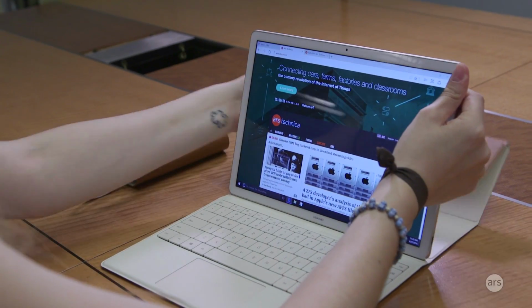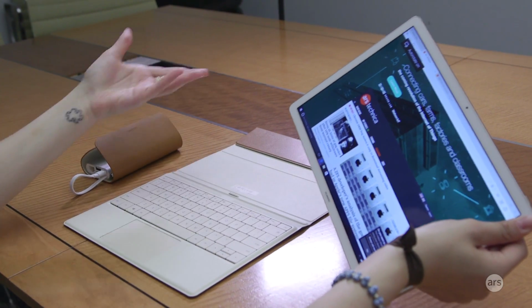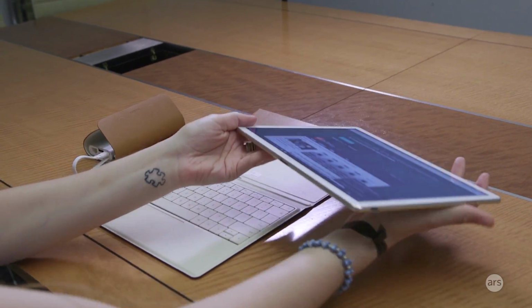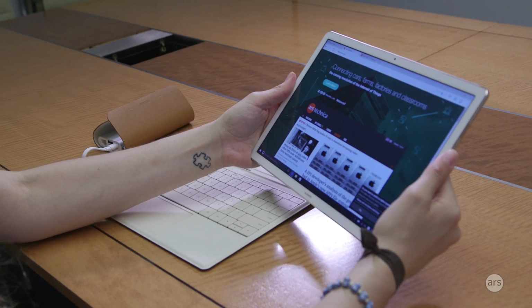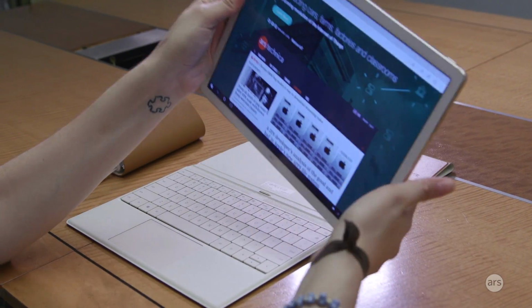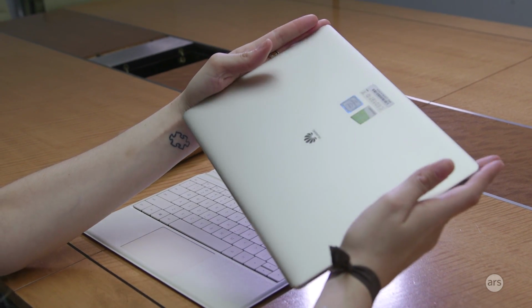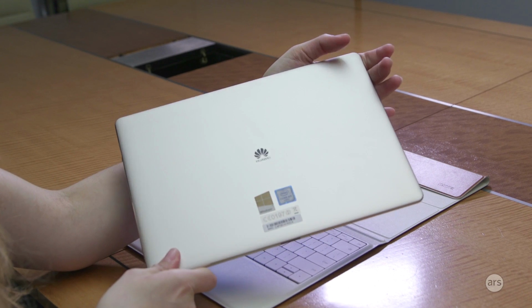So we're going to take it off of the keyboard dock, just like that. It has a pretty standard design in terms of how it connects to the keyboard. You have these little magnetic nodes here and one here on the keyboard case. But the tablet itself is pretty nice. It has a metal unibody design, and it comes in, I believe, silver and gold. It's pretty nice. It's very similar to, I'd say, an Apple iPad Air, an iPad Air 2, but I